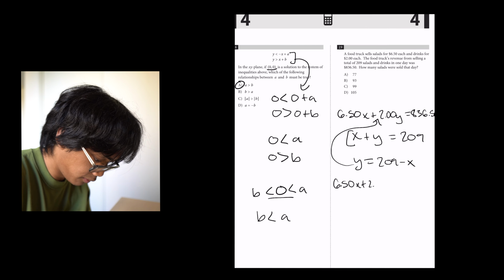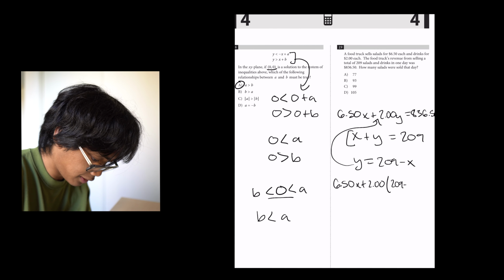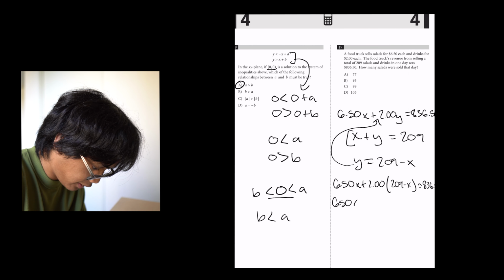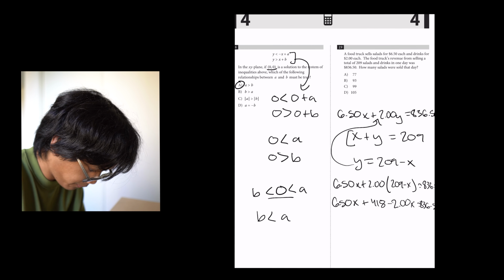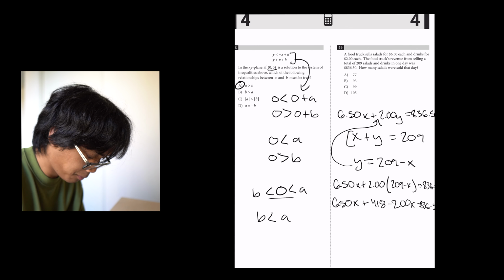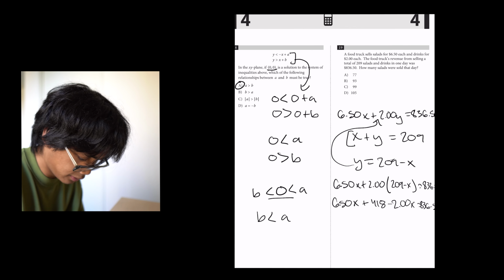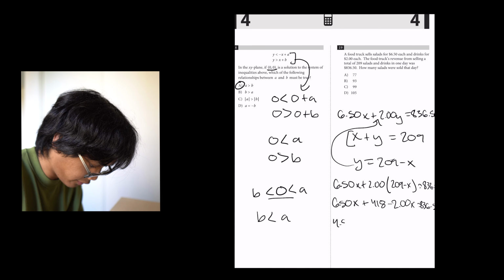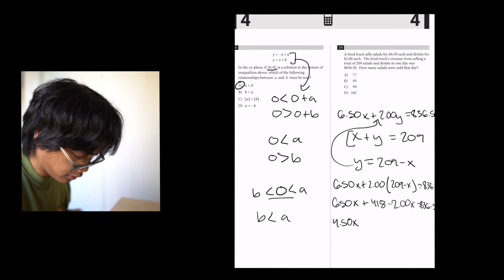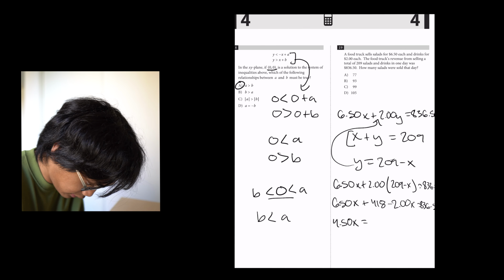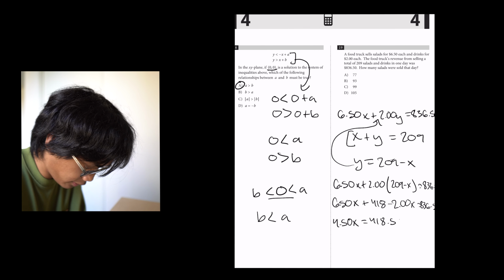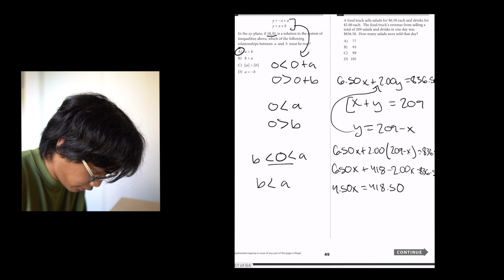We'll still have 6.50x plus 209 minus x equals 836.50, and that'll give us 6.50x plus 418 minus 2x equals 836.50. Then we can combine like terms, combine the x's. So 6.5x minus 2x is going to give us 4.5x, and 836.5 minus 418 is going to give us 418.5, and then we can divide